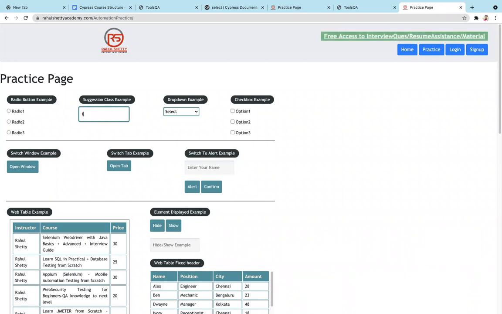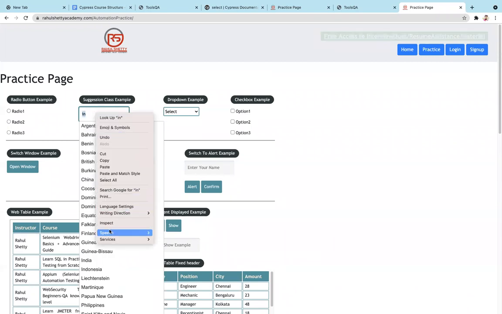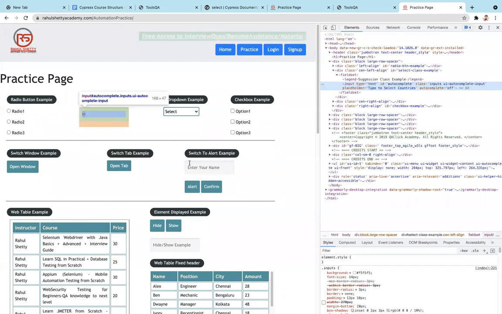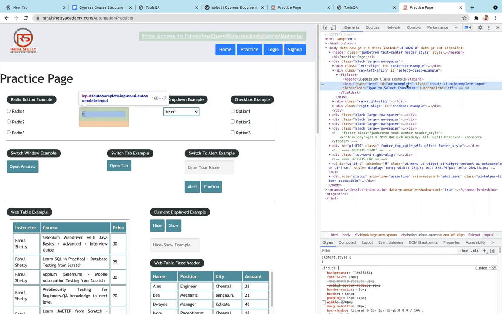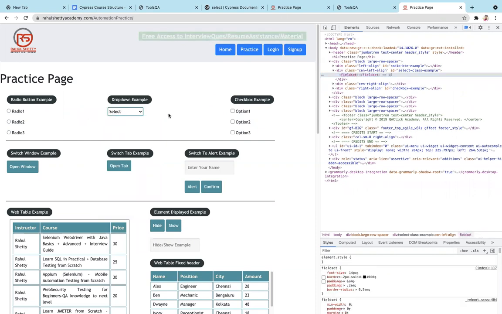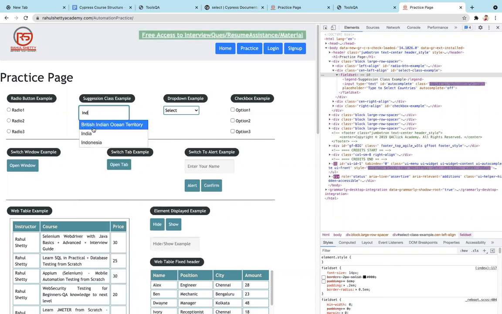And if I search, let's say India. So with India, how many elements came? I will tell you. If you go to inspect, this is the ID. Let's say I'm searching India.